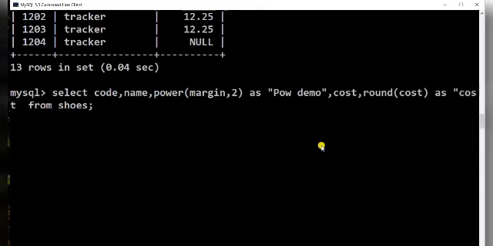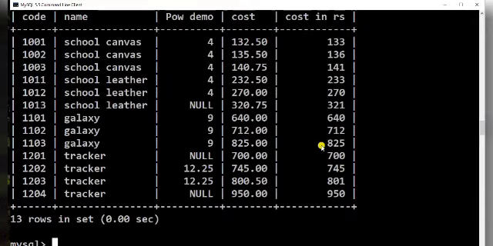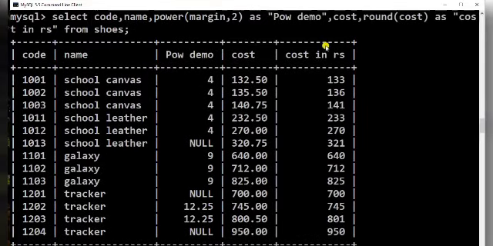Cost in rupee, I have given as the column alias. So as you can see, the heading is cost in rupee in place of round cost. If we don't give the alias, the heading will come as it is.